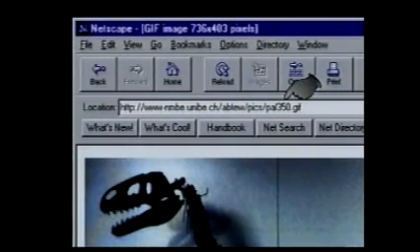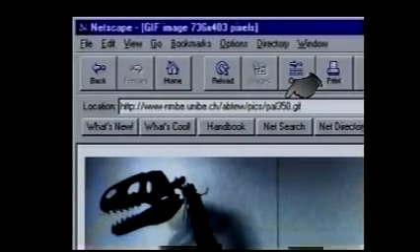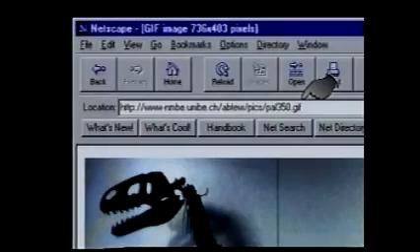The PAL350.gif file name that we see in the URL window indicates that the image is named PAL350. The .gif extension indicates that this is a GIF image that needs to be viewed with a GIF viewer application. On the web, a viewer application is called a helper app. Helper apps are needed to view photos, listen to sound, and watch a video. We will take a look at helper apps later in this